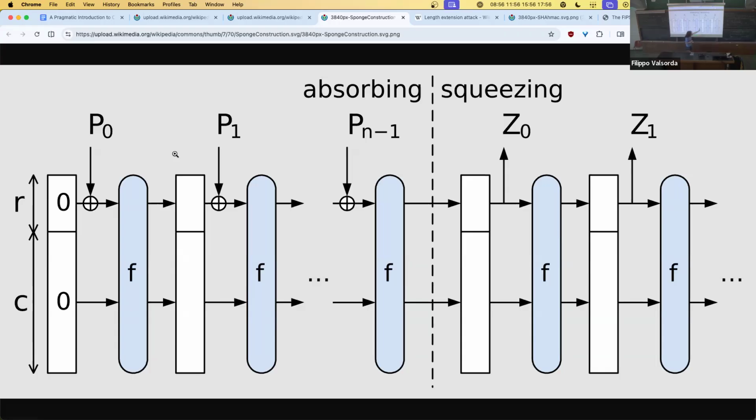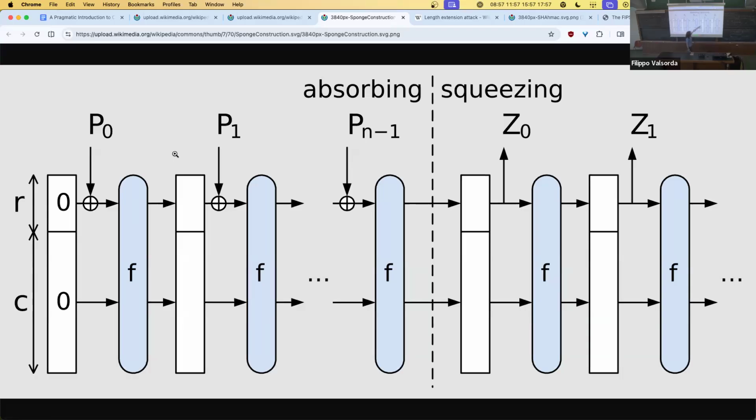And then at the end, you say, okay, I am done putting stuff in. I want to start pulling stuff out. So you take the output, and the rate starts becoming your output instead of where you XOR the input. And you can go as long as you want. That's the nice thing about sponges. They don't have a fixed size output. With Merkle-Damgård, we had a fixed state, and that state was the hash, so we couldn't extend it. With sponges, we can just keep going. We can absorb for as long as we want, and then we can squeeze for as long as we want. What is the security intuition of a sponge?